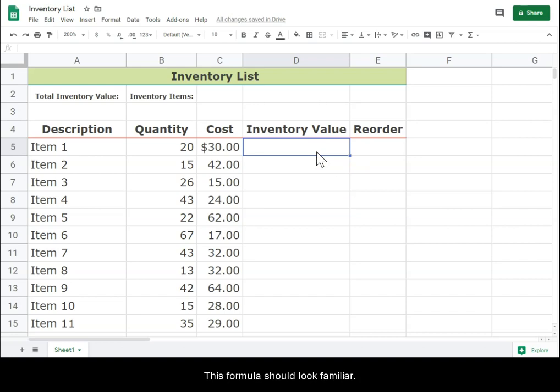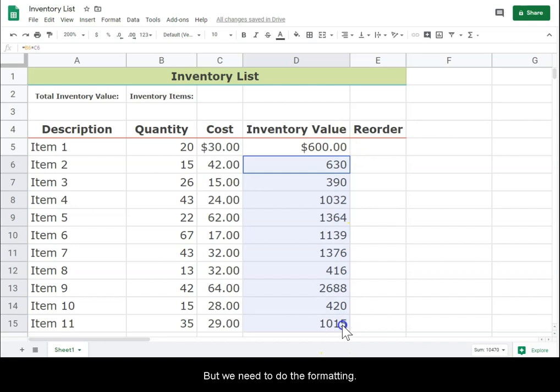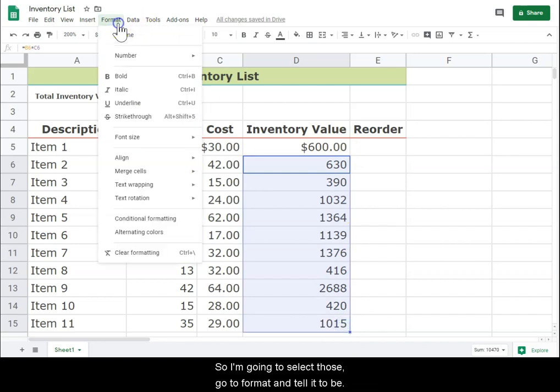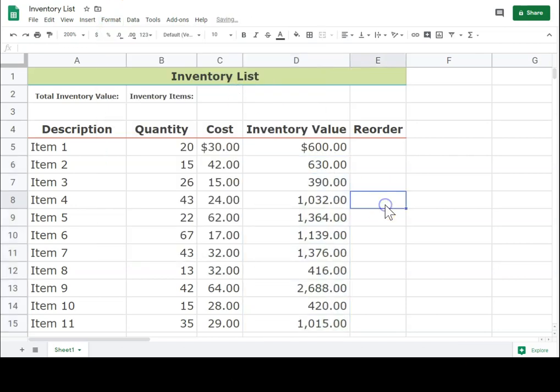Now, column D, this formula should look familiar. I'm going to click equals, and I'm going to multiply the 20 times the 30. Okay, so $600. Just like we did before, I'm going to drag that formula down, and it's going to fill in the rest. But we need to do the formatting, so I'm going to select those, go to Format, and tell it to be numbers. Yep. And so now you can see it puts the commas in the right place. We add some zeros,